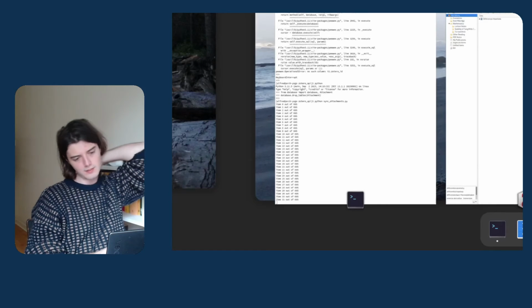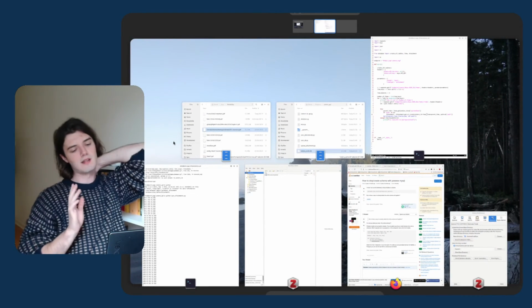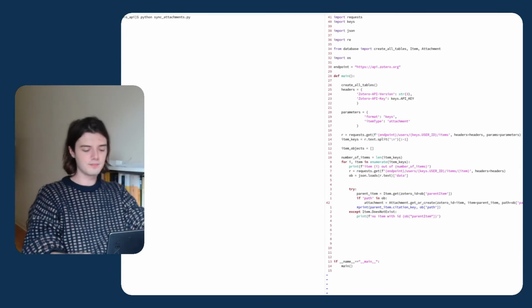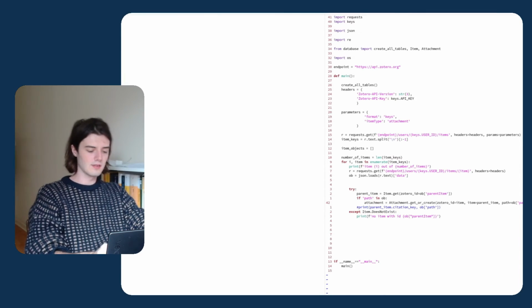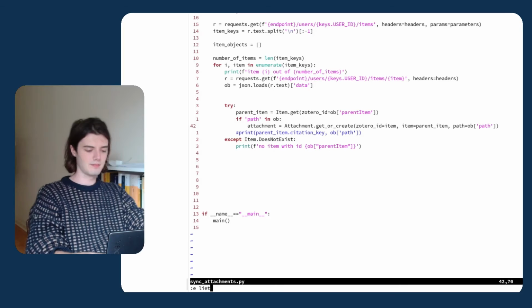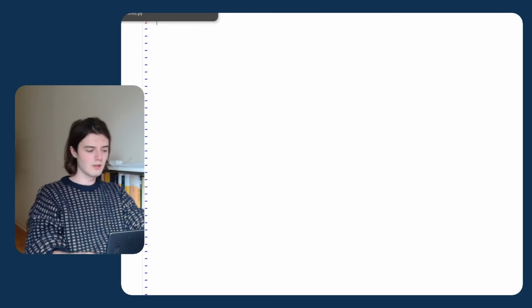So now what else do we need to do? So we have a database with everything. So now what I need to do is list the files of the directory, so get files or yeah. Okay, so that failed